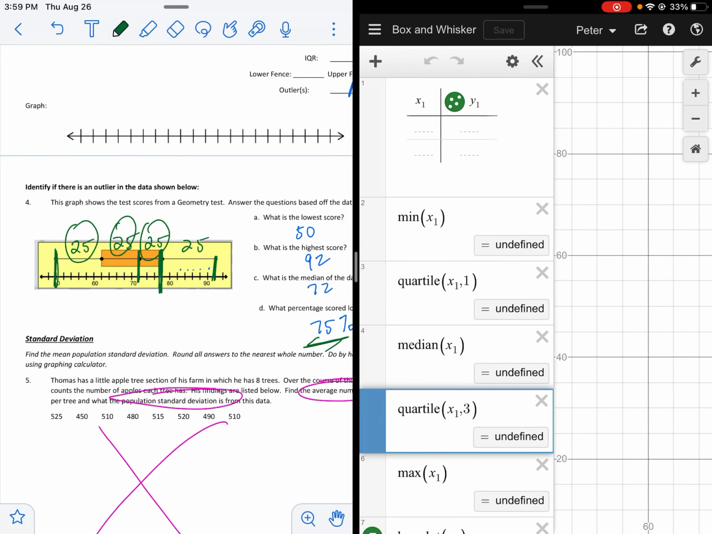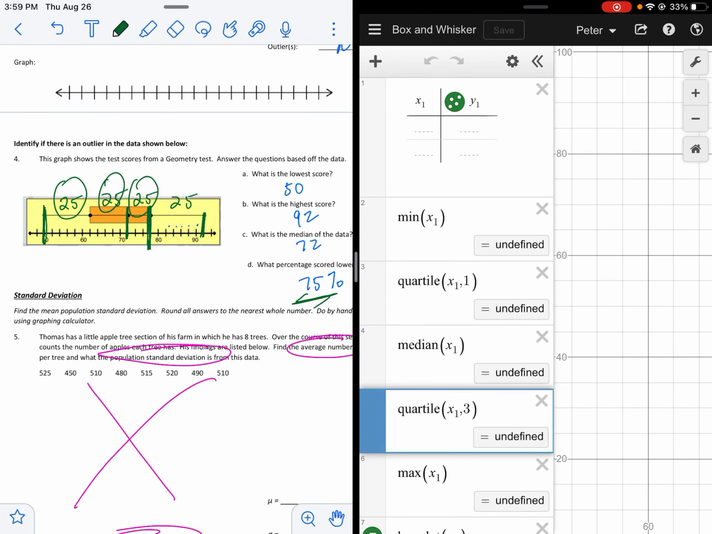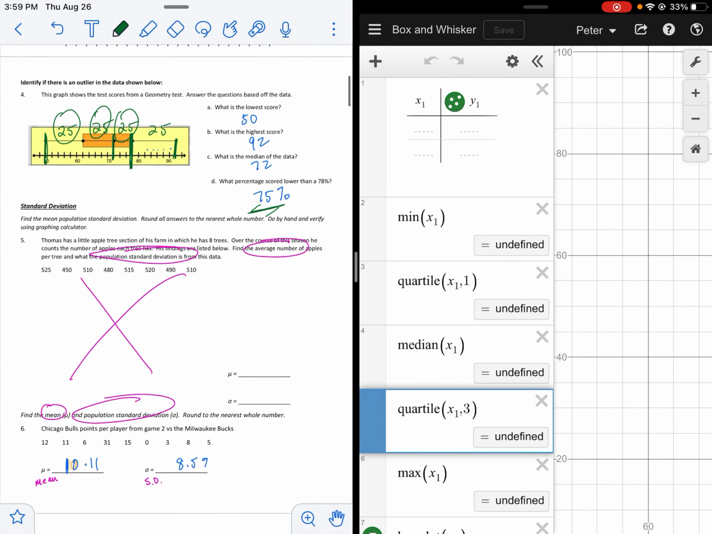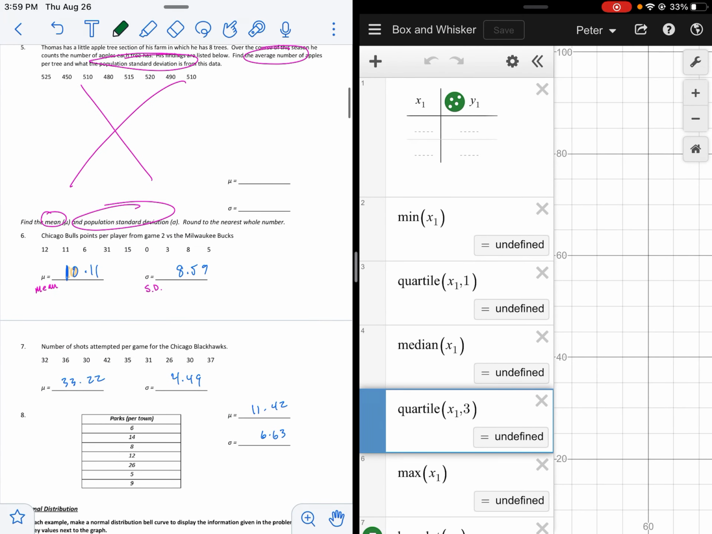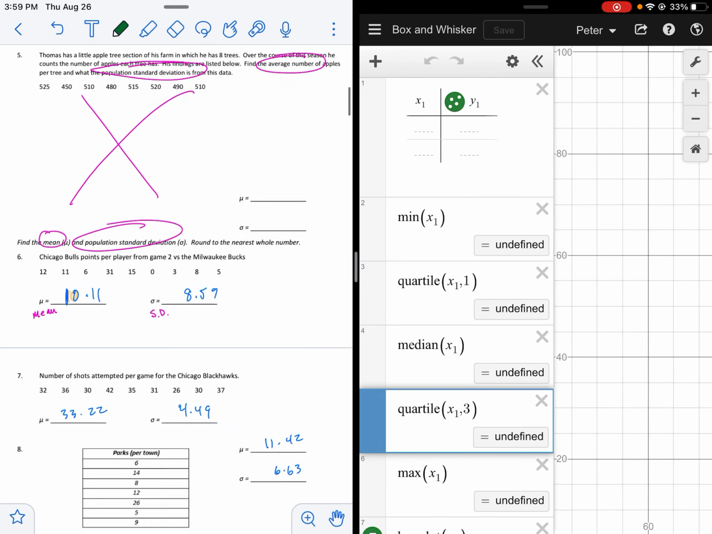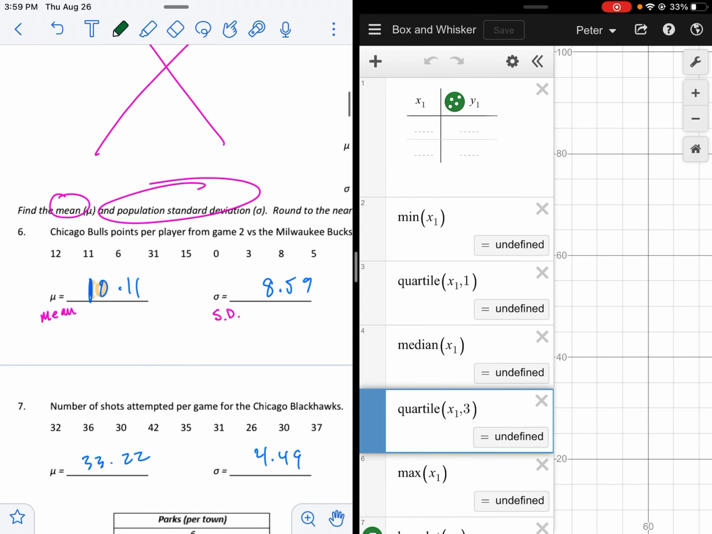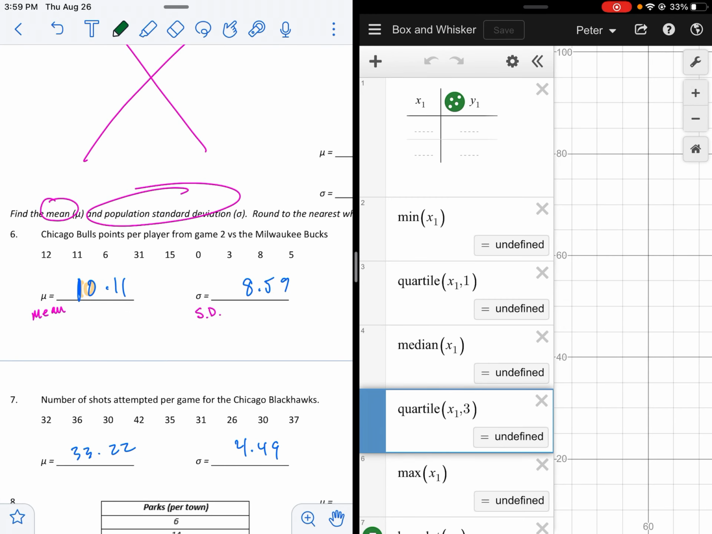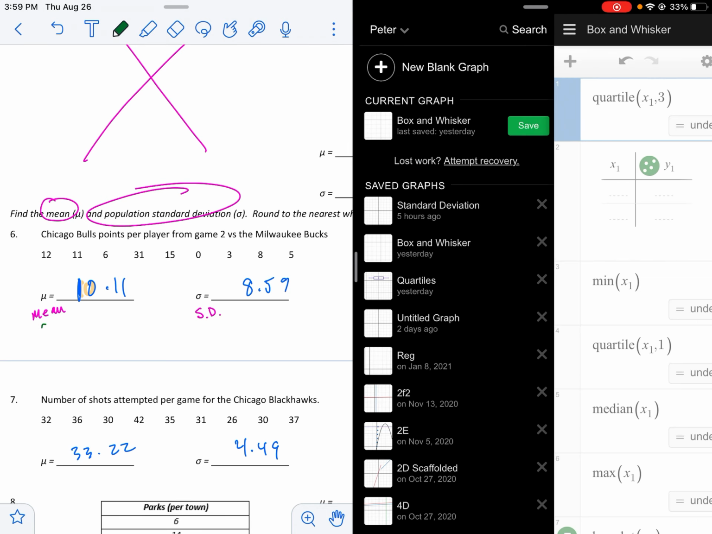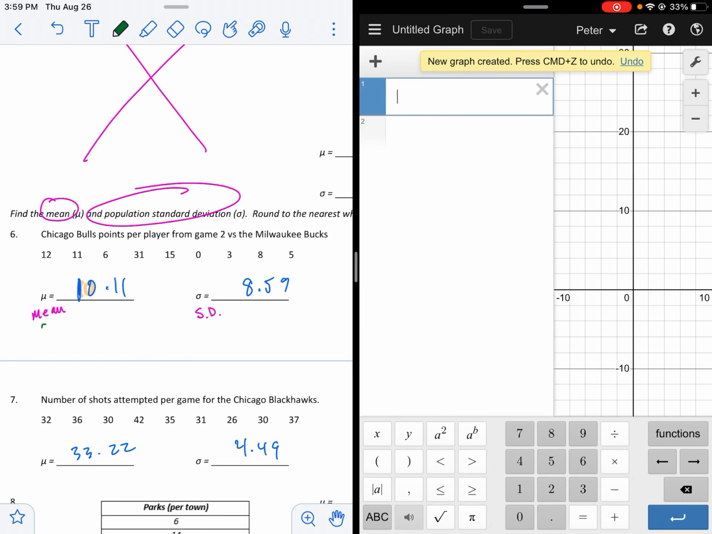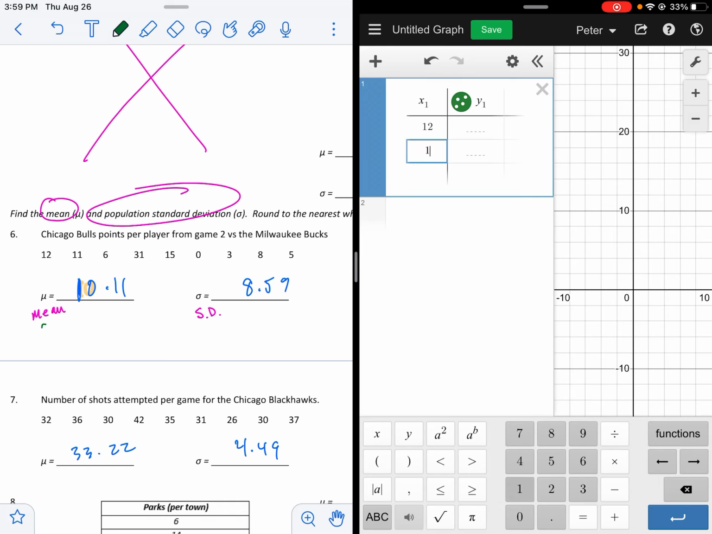That's box and whisker. Box and whisker uses the median. Now, let's do number 6. They went to the mean and the standard deviation. So open a blank one. Make another chart. 12, 11, 6, 31,